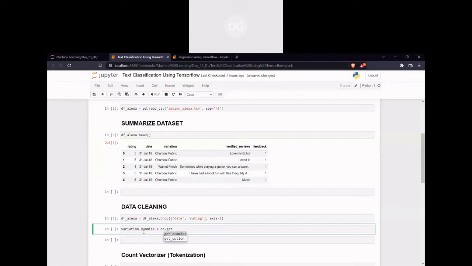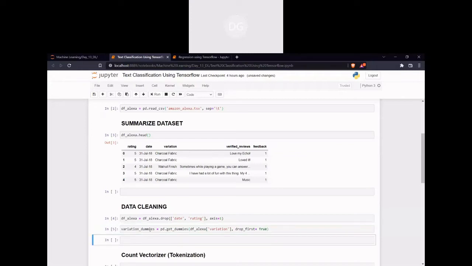So get dummies. For what are we going to get the dummies? The data frame Alexa, and then drop first. Why do we give drop first? To avoid keeping one column, which we do not need.